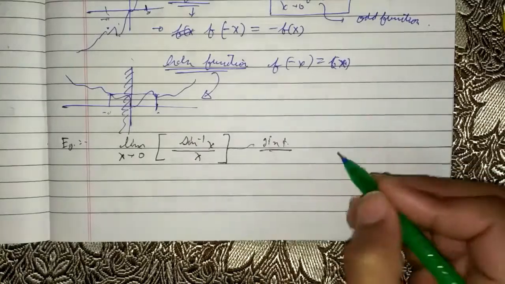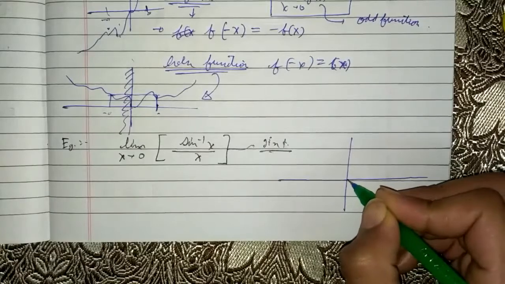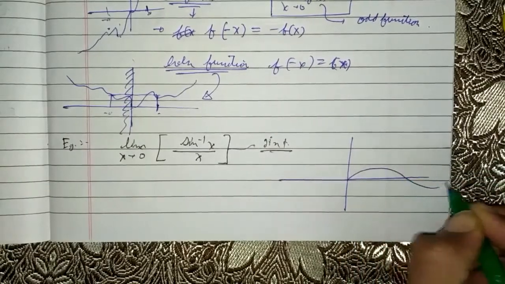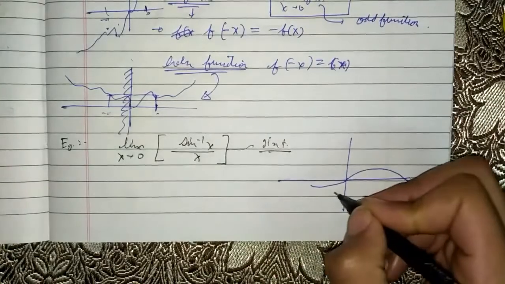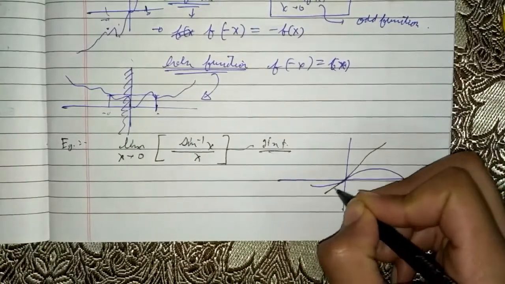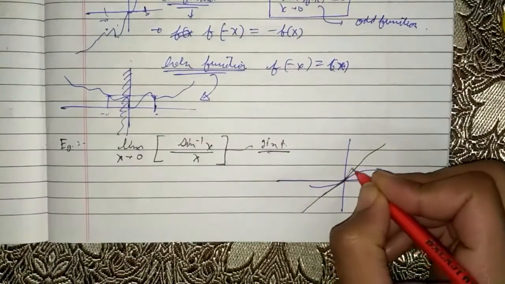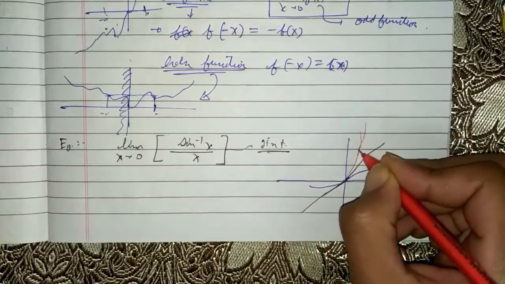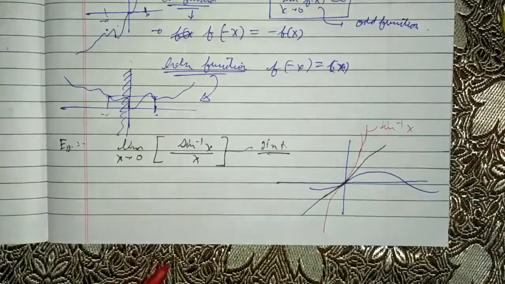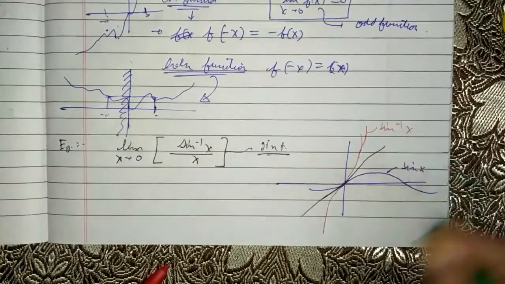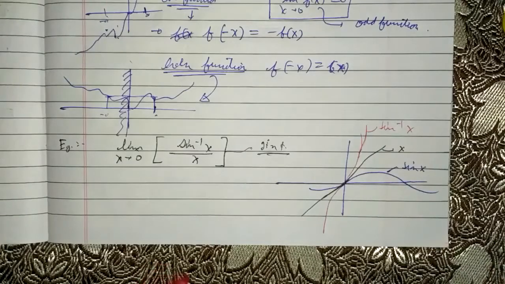And now from the graph of y equal to x, y equal to sin x, and y equal to sin inverse x: this is the graph of y equal to sin x, this is the graph of y equal to x, and this is the graph of y equal to sin inverse x. So clearly you can see that